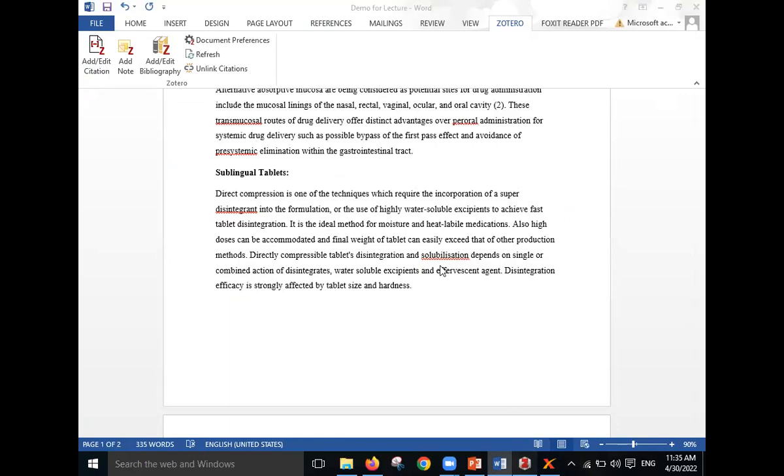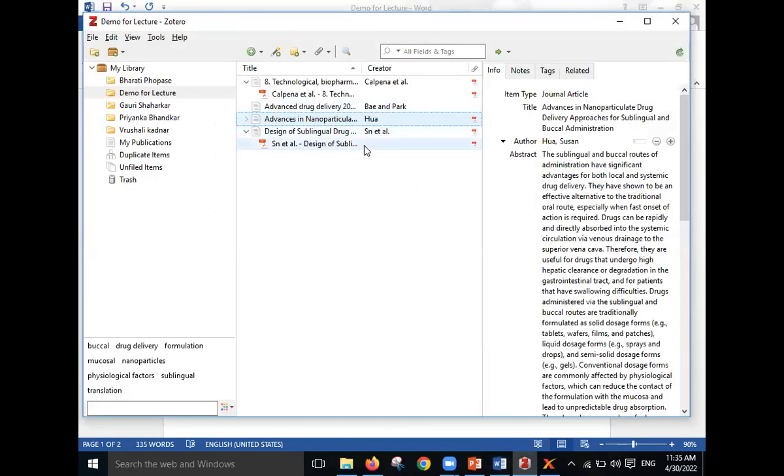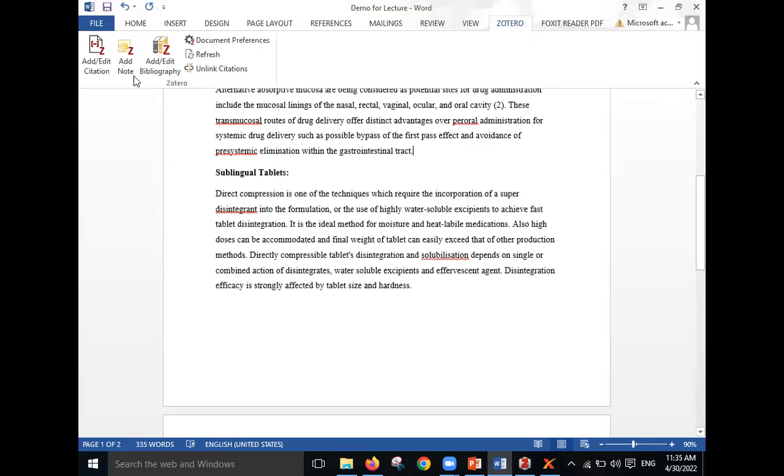The third citation that I wanted to give is the Advanced Drug Delivery one. You can search with the name of that particular author, and you can also search with the title as well. I just search with the author name, so it is easy for me to find that particular article. The next citation that I wanted to give is the